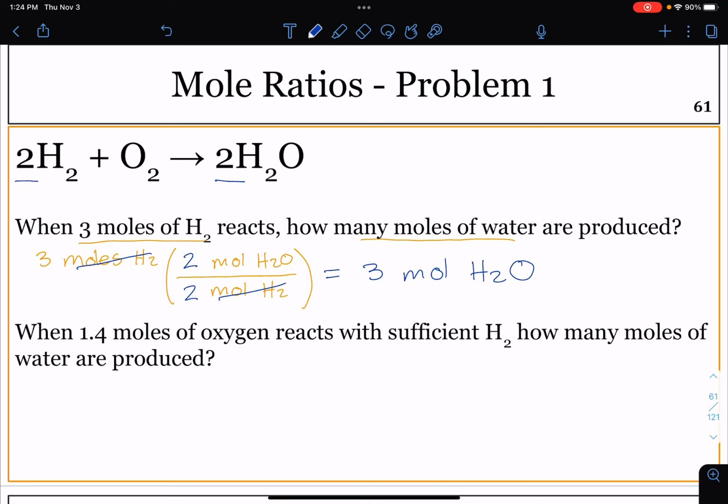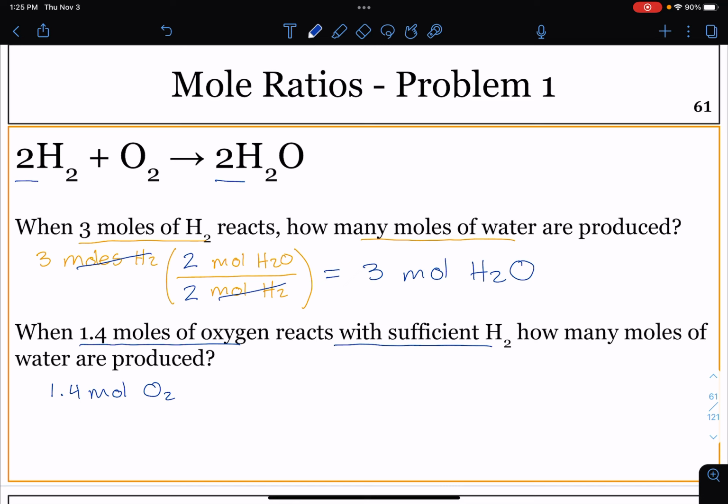Now let's try part B. When 1.4 moles of oxygen reacts with sufficient hydrogen, how many moles of water are produced? This little portion right here, when it says it reacts with hydrogen, that's just explaining the reaction. The problem is not asking for anything to do with H2. It's asking how many moles of water are produced given a specific amount of oxygen. So we will start with the amount of oxygen given,